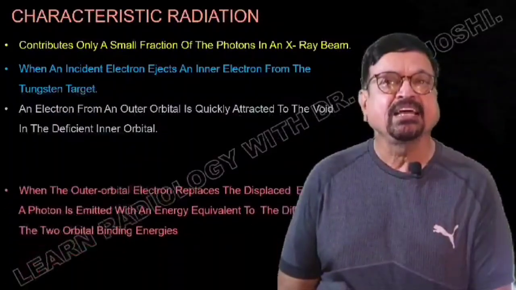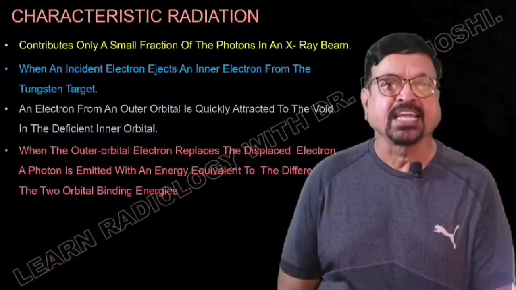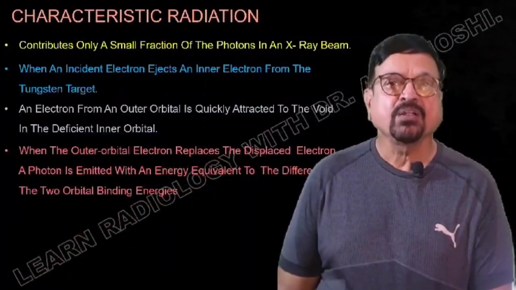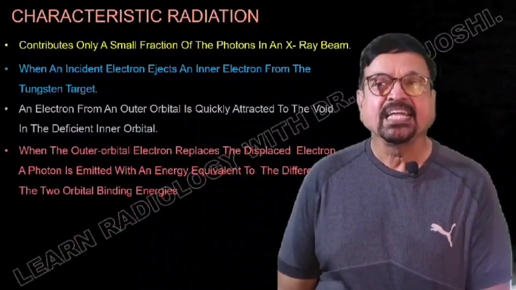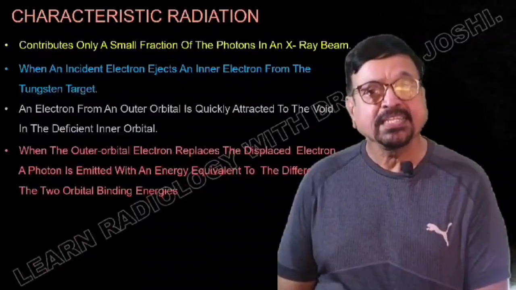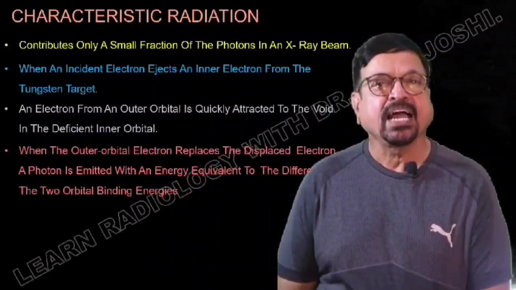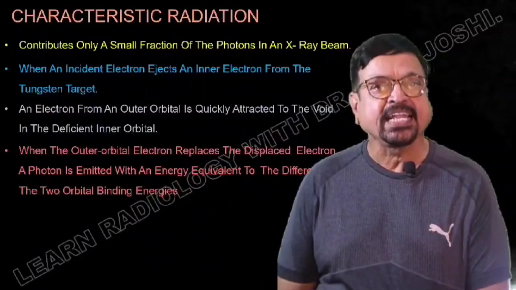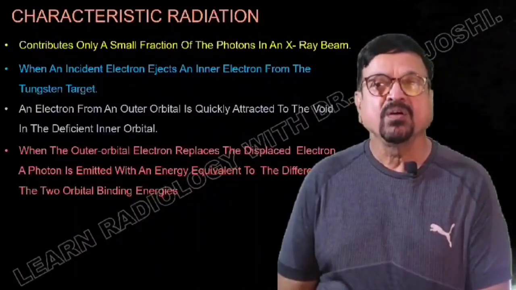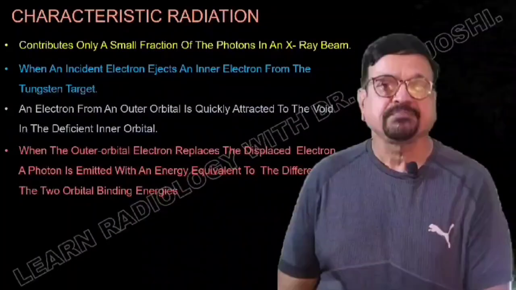Electron is removed, the outer shell electron drops inside, or comes inside. When the outer orbital electron replaces the displaced electron, a photon is emitted. Now see here, the energy is converted from the higher accelerated electron's kinetic energy into the photon, which is different